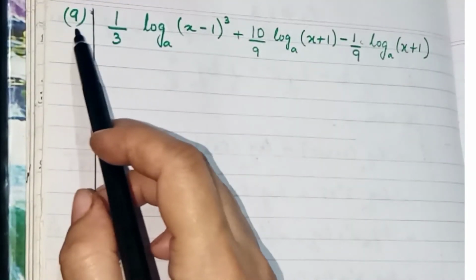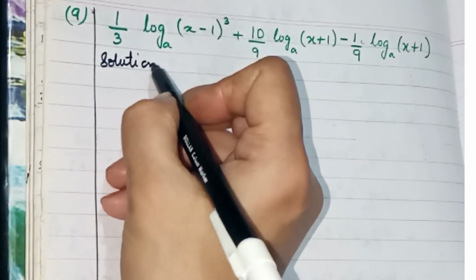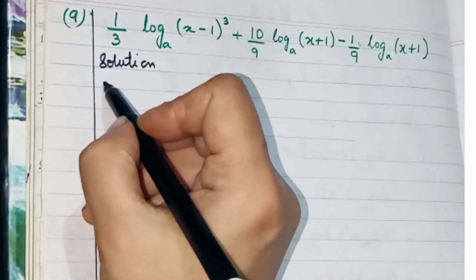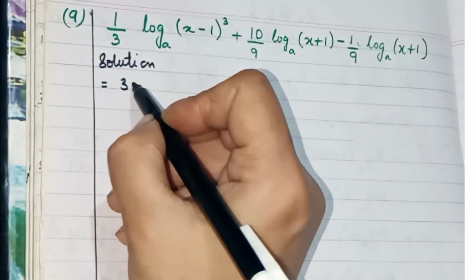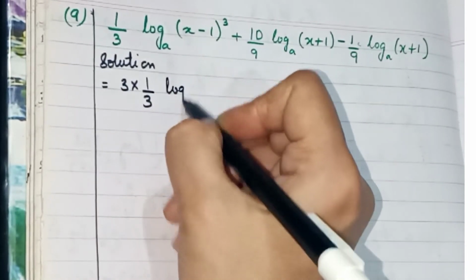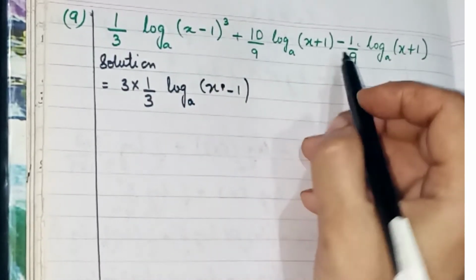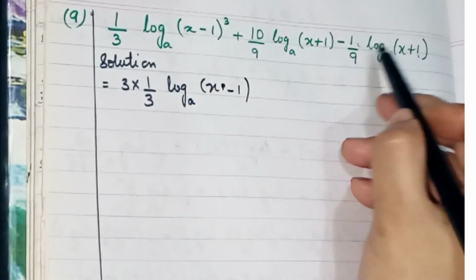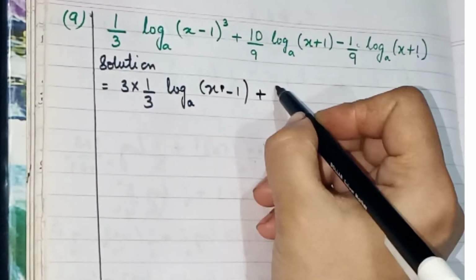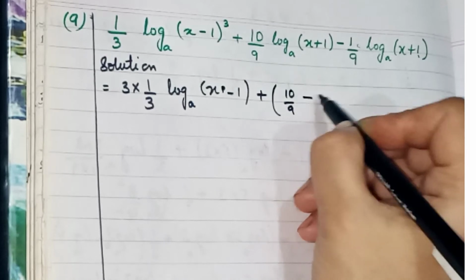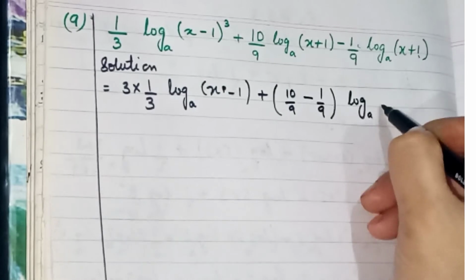Now I am doing question number 9 of exercise 3.3. So starting the solution, first we have to apply the third law of logarithm as there is a power. So I have to write it like this, x minus 1 here, and as you can see that these two terms are the same, log of x plus 1, log of x plus 1. So we can write it like this, 10 upon 9 minus 1 upon 9, and log of x plus 1 is